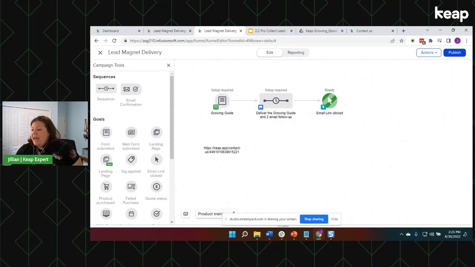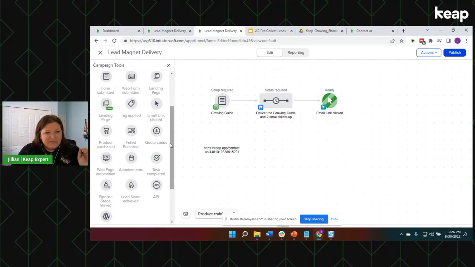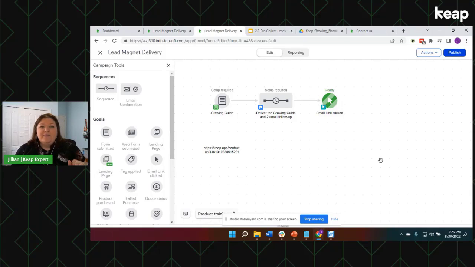Is the second email if they haven't opened the first? It's not. So the second email is if they haven't achieved our end goal, right? If they haven't clicked. So whether or not they've opened the email, that's like a whole other goal. And do we even still have that email open goal? I don't even remember. But